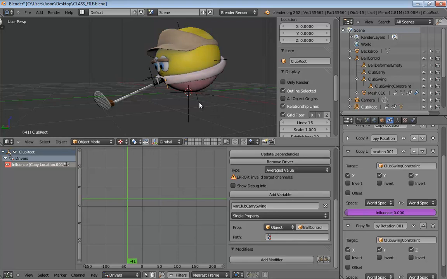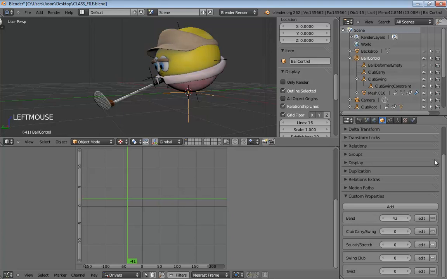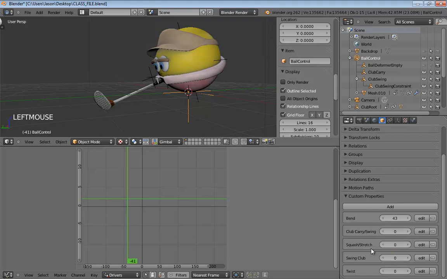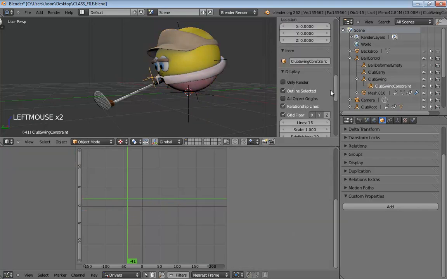And then we need that property value, so we're going to grab the ball control, jump over to its object properties, right-click on club carry swing, and once again, copy that data path. We need that. Go over to the object. Actually, I'm sorry. We want to make sure that we're on that club carry swing constraint.